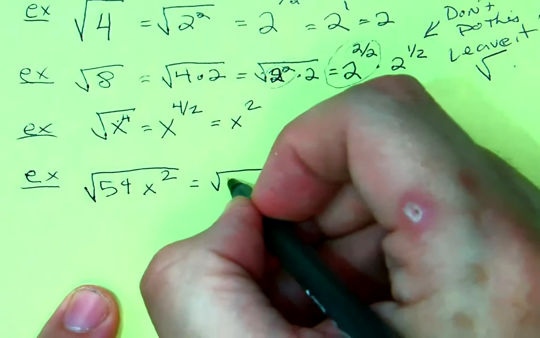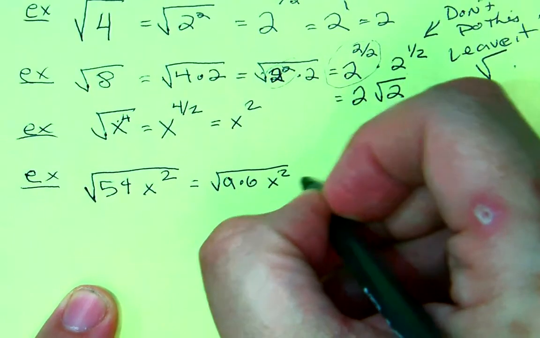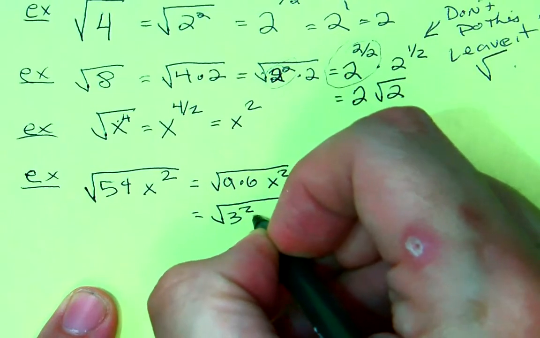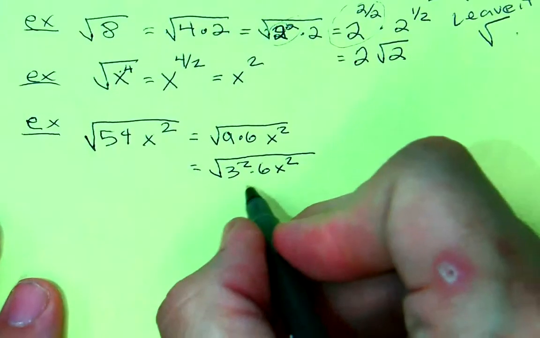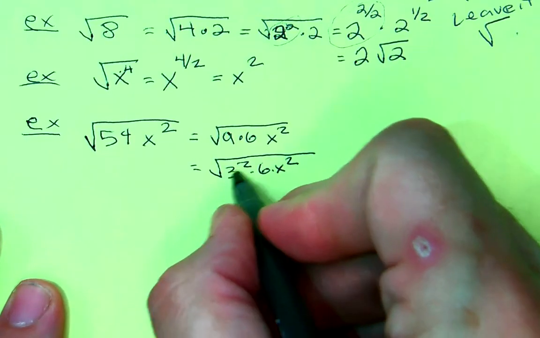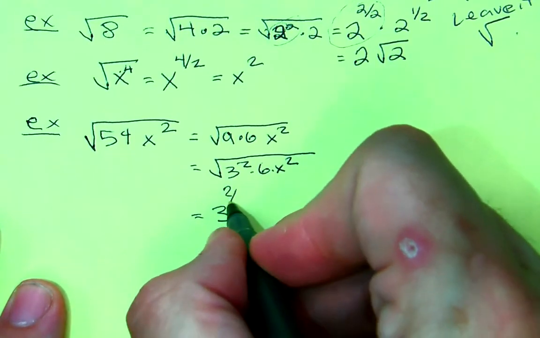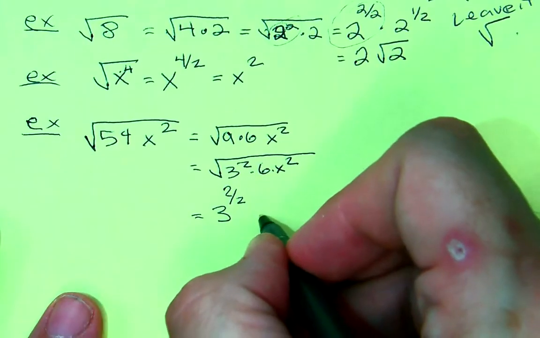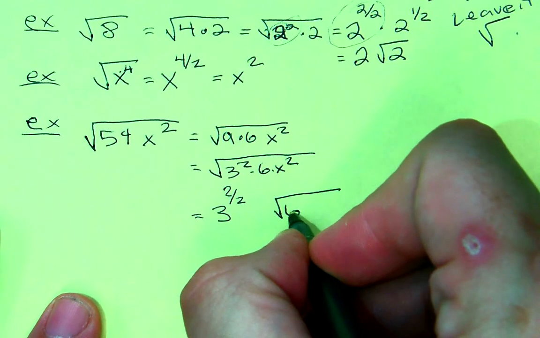Now, you can rewrite this. 54 is going to be 9 times 6 times x squared, which is really 3 squared times 6 times x squared. Now you take a look at all the powers. 3 to the 2nd power. Alright, we can write that as 3 to the 2nd power over 2. 6, well, I can't do anything with that, so that's stuck inside the square root symbol. And then we have x squared, which is